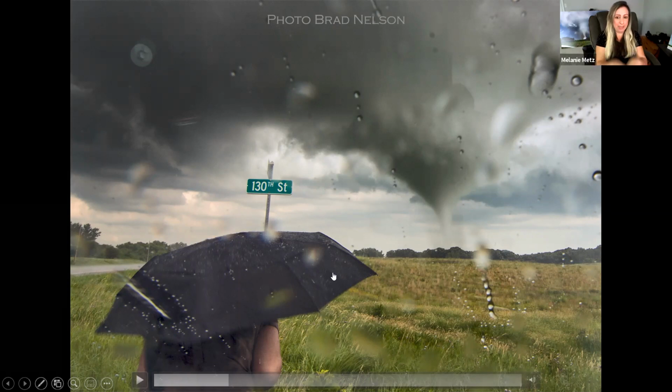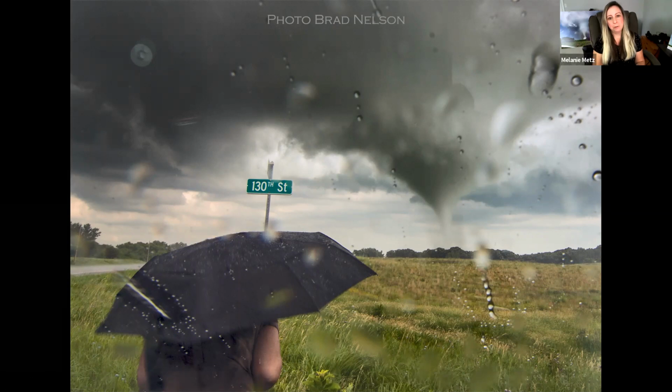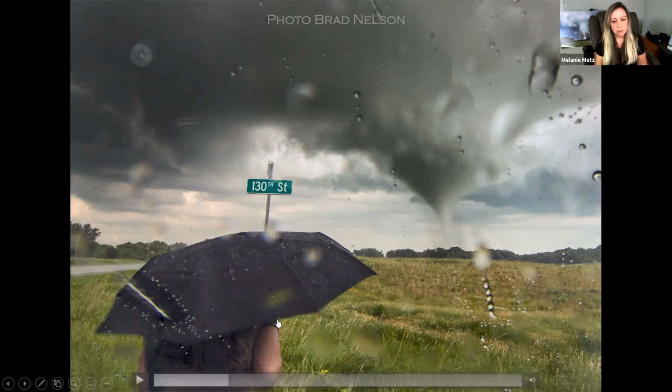Because that's why also we like to be on the south side, because then we don't have to deal with the rain, but we were still on the north side. So it was still coming in our direction, but we did feel that it was not gonna come directly at us based on our position. However, the rain started to move in and obscure the view and just get my camera wet and all that stuff. But I didn't want to move because we had this incredible tornado right in front of us.